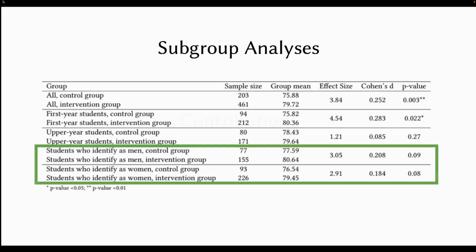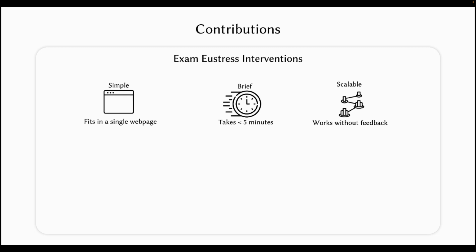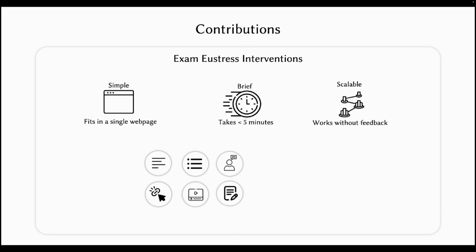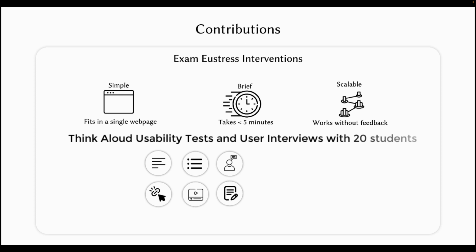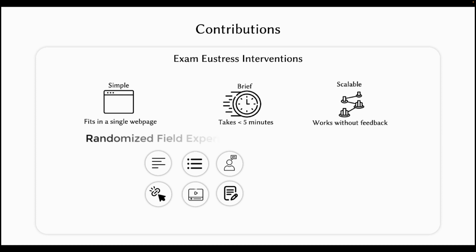To summarize, in this paper we contribute an exploration of the design space for online exam Eustress interventions that are simple, brief, and scalable, focusing particularly on how students interact with different presentation modalities, levels of elaboration, and reflection prompts. We also contribute an evaluation of our multi-component design using Think Aloud usability tests and semi-structured interviews with 20 students, as well as results from a large-scale randomized field experiment with over 1,200 students, providing evidence on the positive impact of our intervention on exam